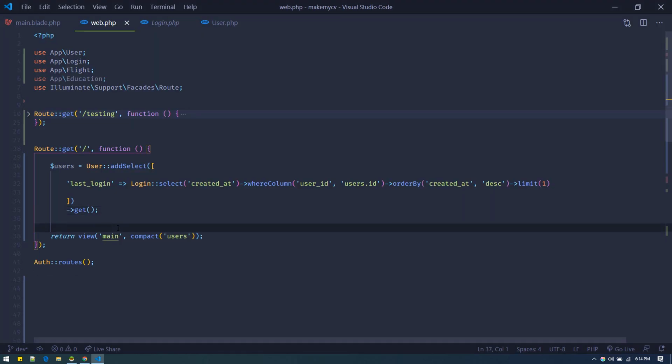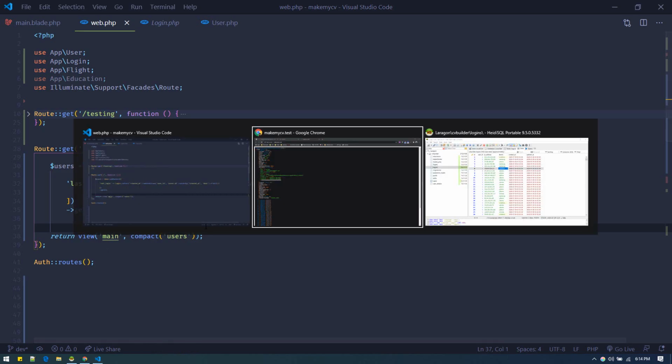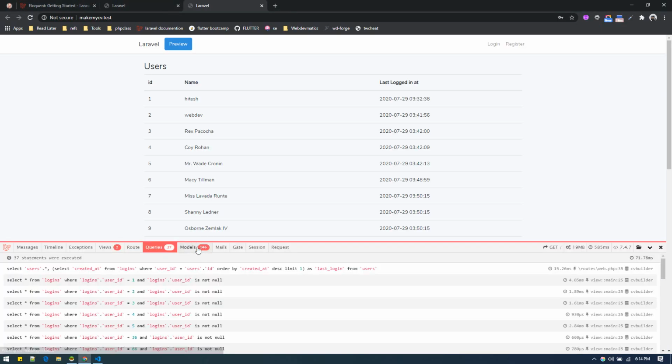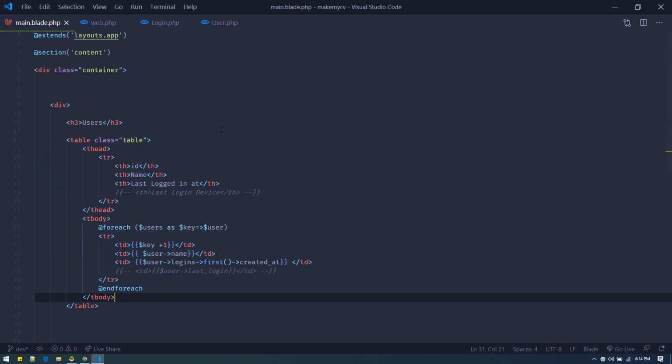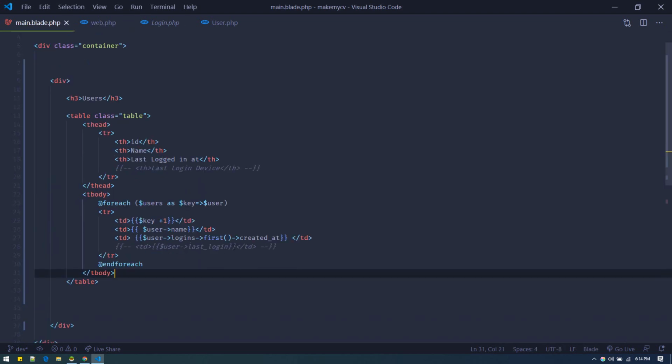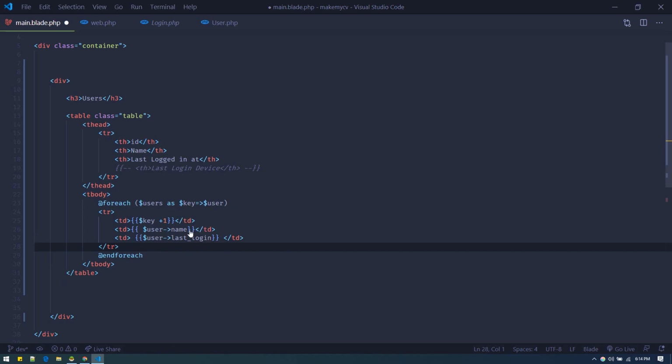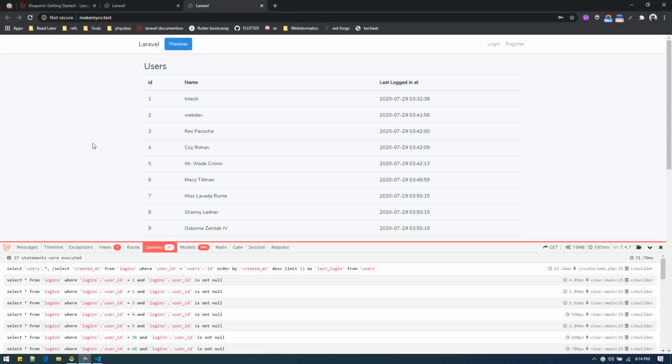Now let's remove dump and pass all users. So before we were getting 46 models and this much memory and 37 queries. Now let's go to main.blade, and we can get rid of all of these, and we can just say last_login because we have this field right there. last_login. So now if I refresh,